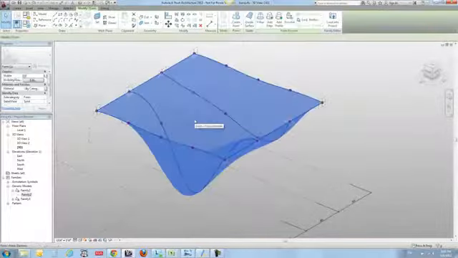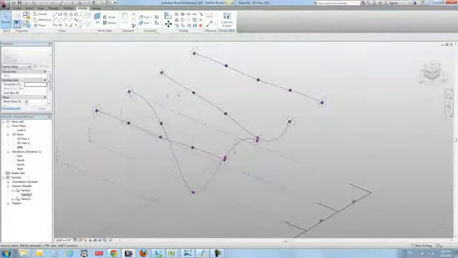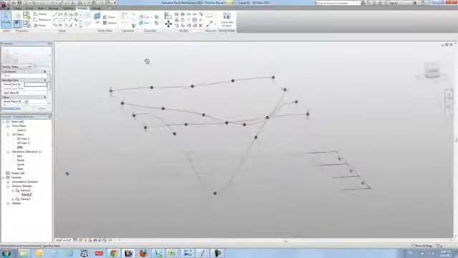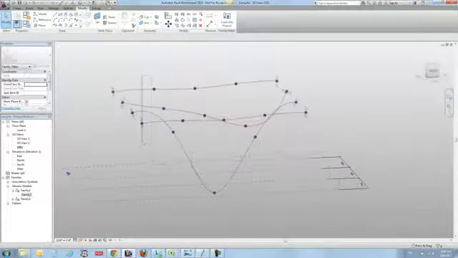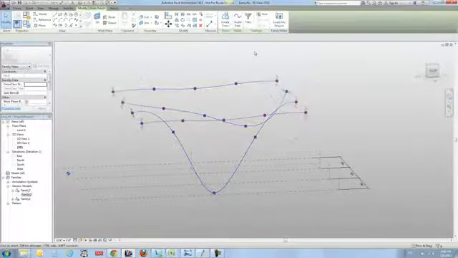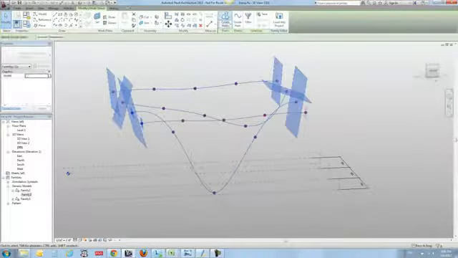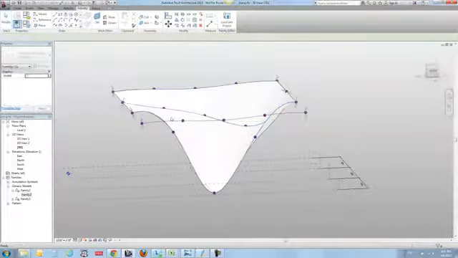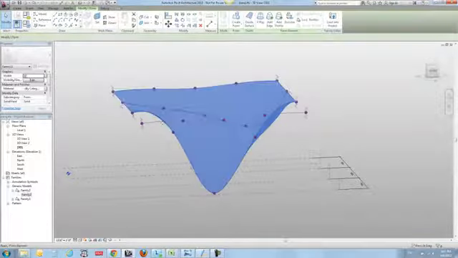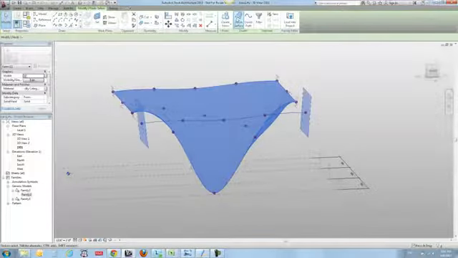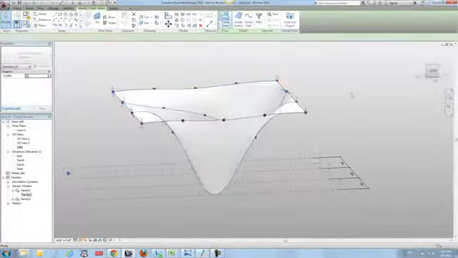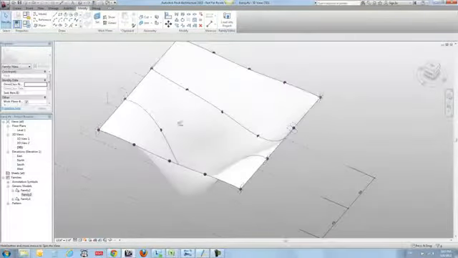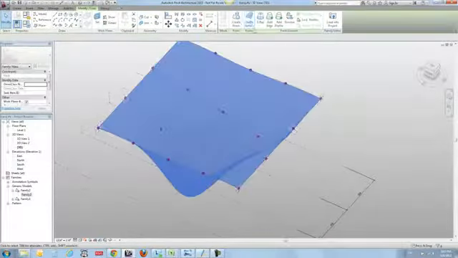That surface in turn is just made out of a series of reference lines. I can select these reference lines and turn them into a form. Oops. Let me add that guy to it. Like so. I can take that surface, I can divide it,